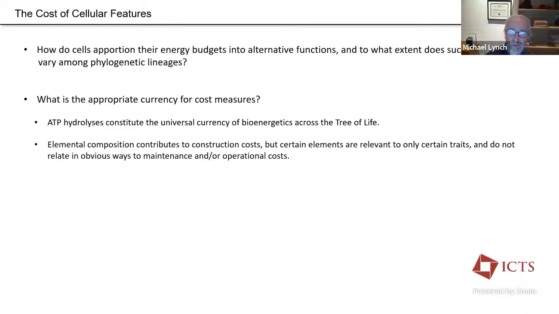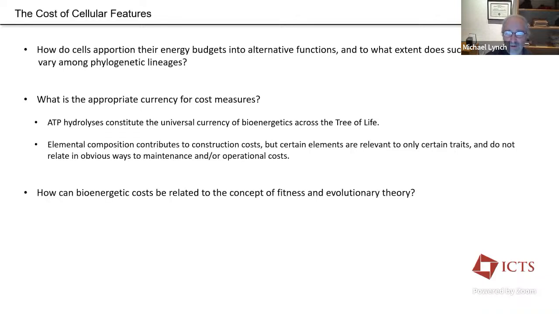You might argue that maybe we shouldn't be using energy as the baseline measure of the demands on a cell. Maybe we should use something like elemental composition, like carbon. You could certainly make a carbon budget, or maybe use some other element. Maybe an organism is limited by iron, or you're a diatom and you're limited by silicon. The problem with these elemental approaches is that in some cases they can be used to estimate the cost of a particular trait, like the shell of a diatom is made of silicon, but they don't easily translate into maintenance or operational costs. So there we really need a measure of energy, and so we use ATP.